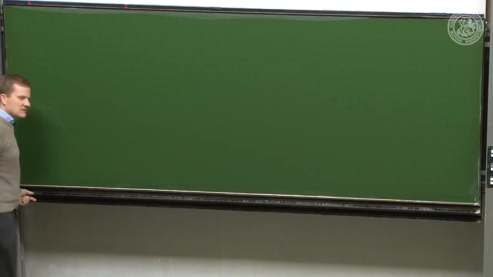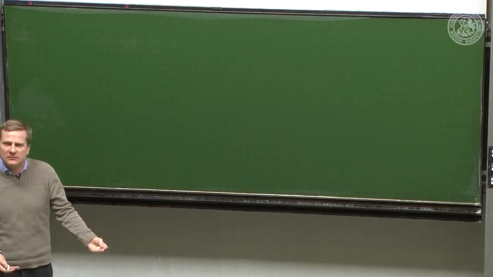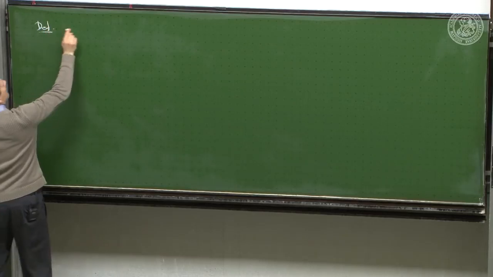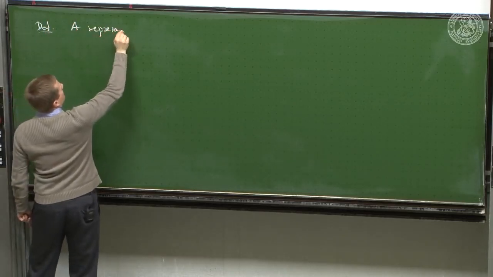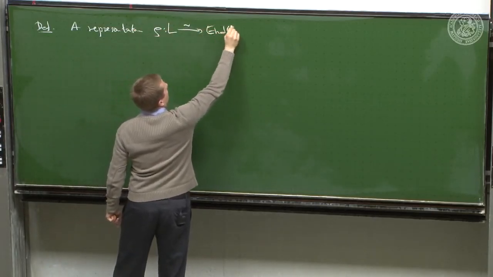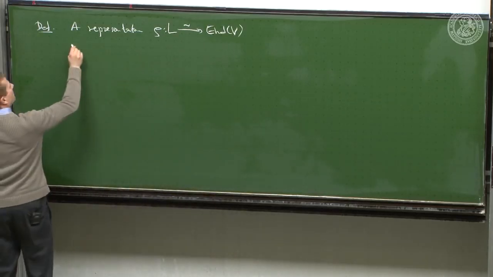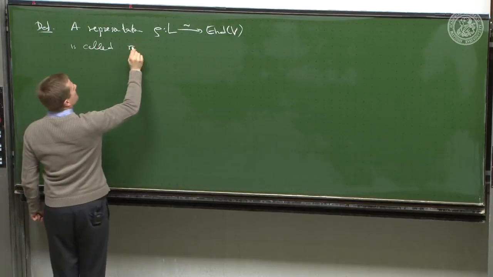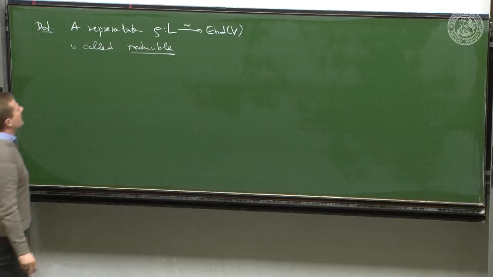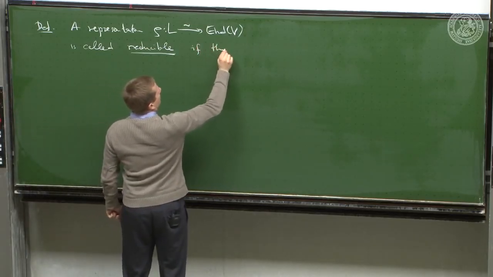So now, if we want to study representations, again, we want to study building blocks. If we have a representation that can be understood by understanding two other representations, we don't need to bother about this representation. We can understand it in terms of others. And so the key definition is: a representation rho of L into End of V of a Lie algebra is called reducible, so it can be decomposed into pieces, if there exists